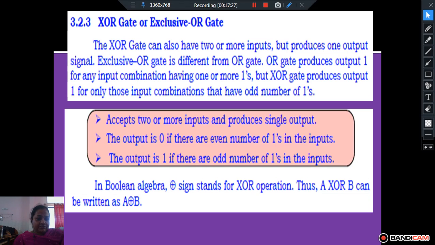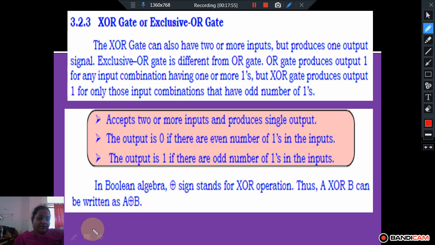The output is 0 if there are an even number of ones, like 2 or 4. Odd number of ones means 1, 3, 5.